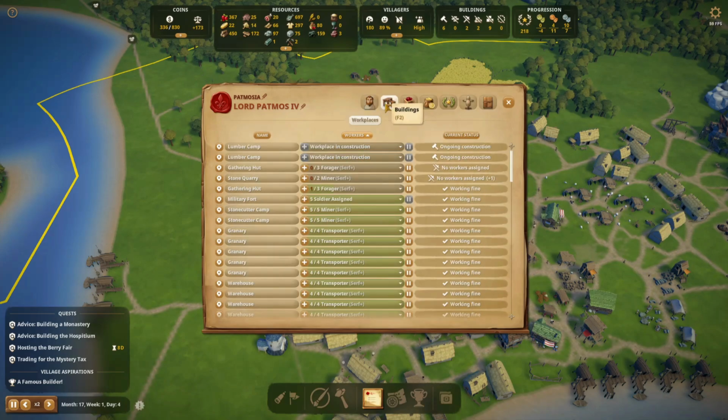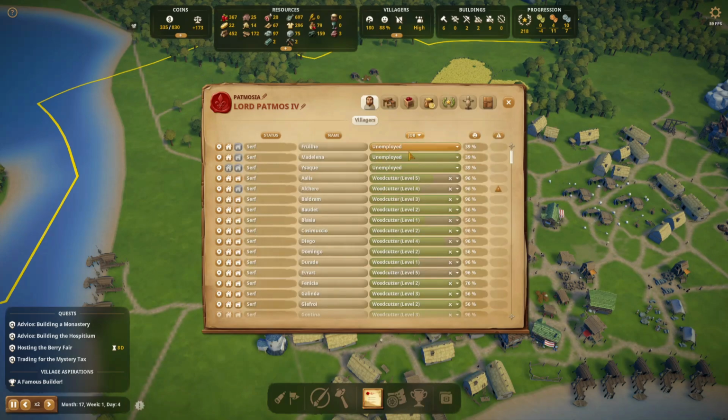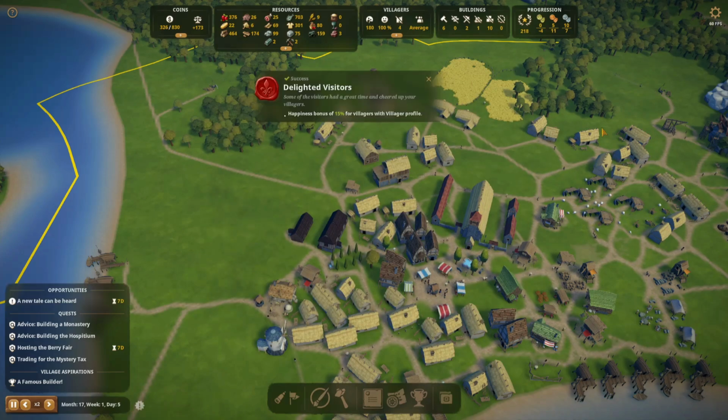What jobs do we have available? Foragers. Alright, so we'll make them foragers. That's easy. And now we can't make the mistake that we actually put the woodcutter in a different job. If we hit the plus button all the time on the buildings, then the woodcutter might also be one of those that will find a new job. And we don't want that, so...